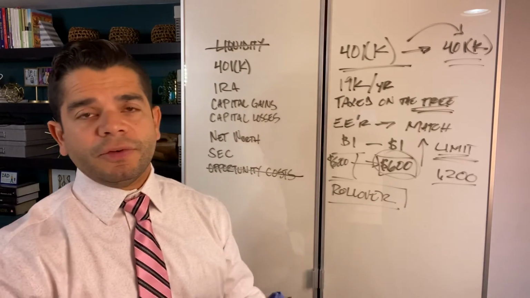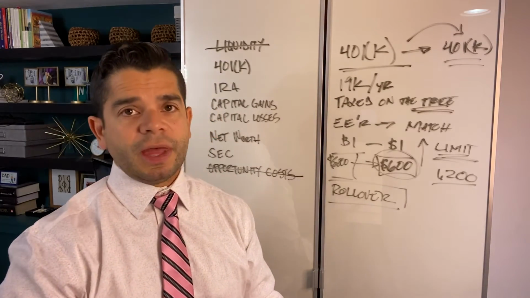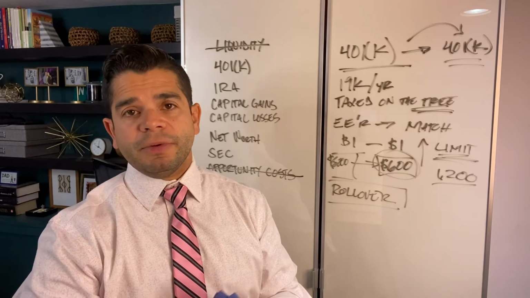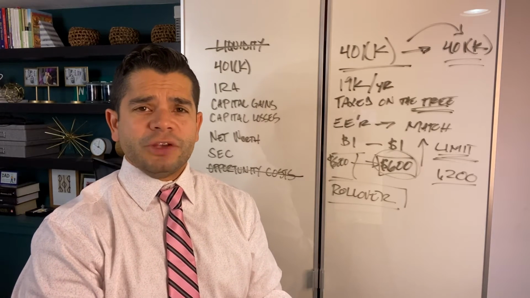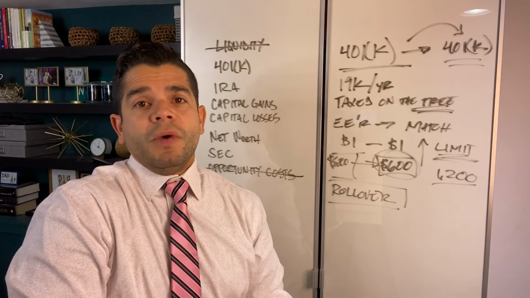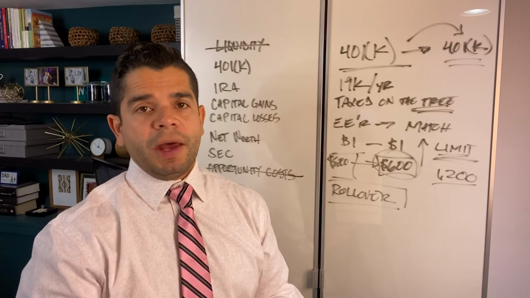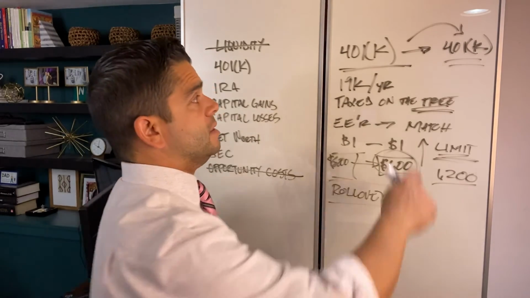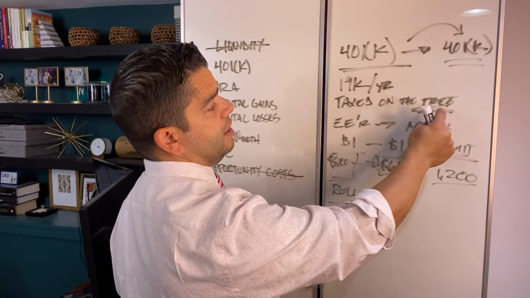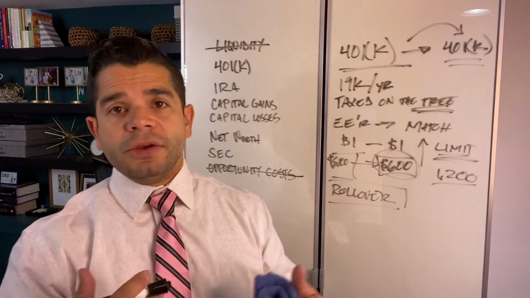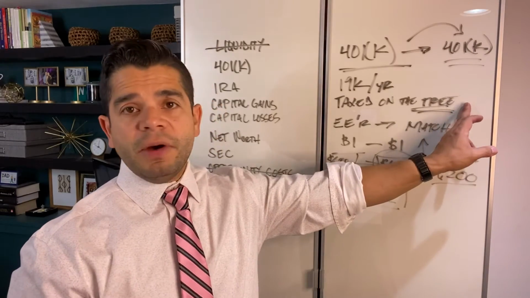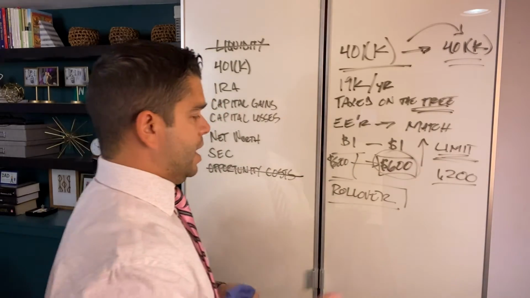There are events where you can do a withdrawal. In the event of a first-time home buyer, there are qualifications for that. If there's some type of catastrophic financial emergency, as we've seen with the coronavirus pandemic, you can withdraw without penalty. But the idea is that this money is going to grow. You're putting the seeds in until it becomes a tree at your retirement age. And if you take money out before then, you're looking at a penalty.